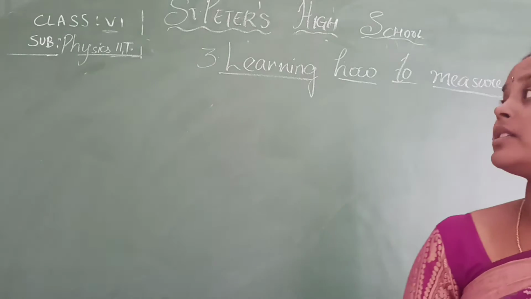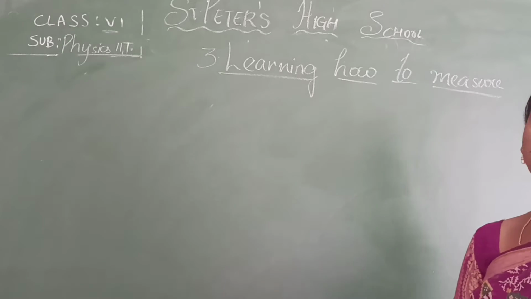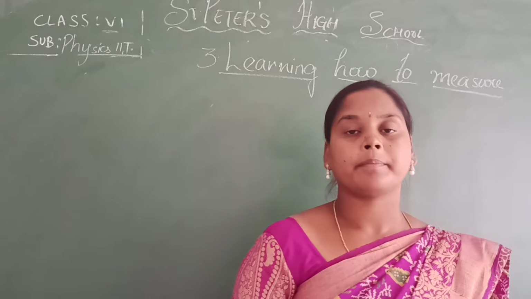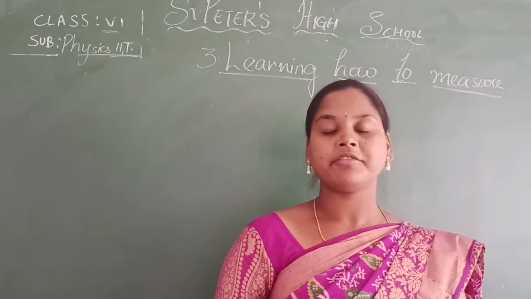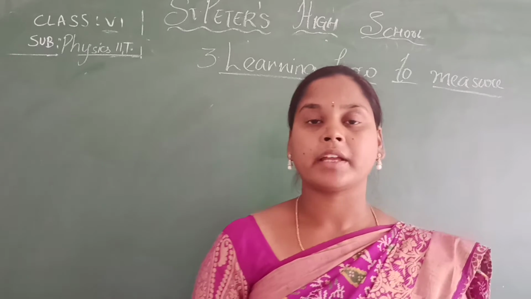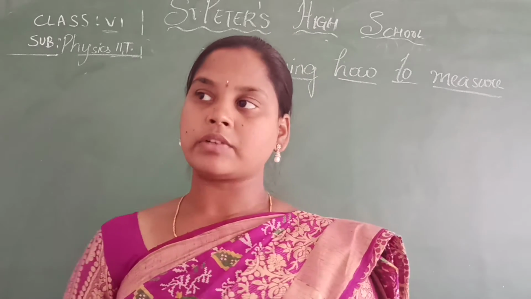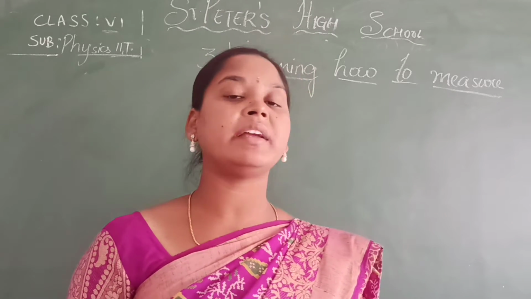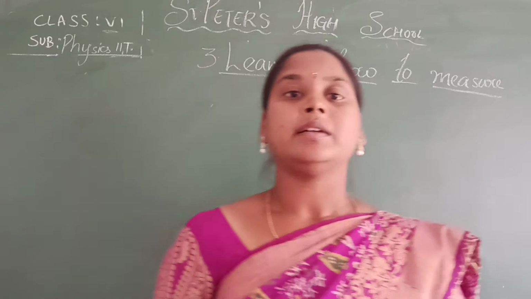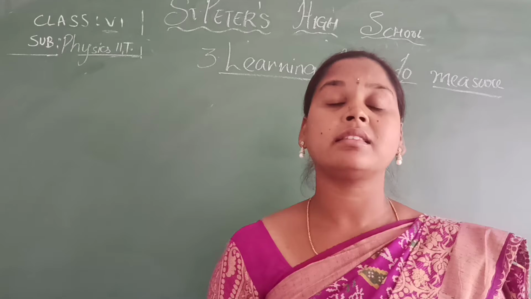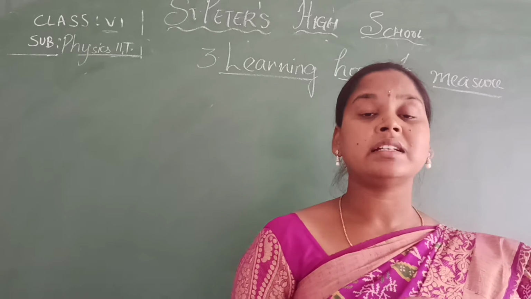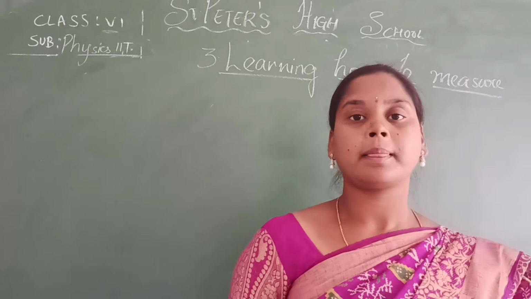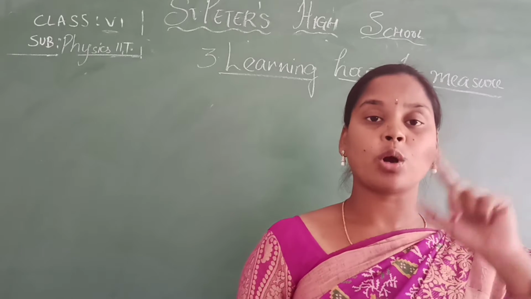In the previous class we discussed the topic of learning how to measure. We started it and defined what standard units, fundamental quantities and derived quantities are, and what a physical quantity is. A physical quantity is nothing but a measurement in physics. It has a unit as well as a magnitude. Magnitude is a number, and units define the number, either 5 kilometers, 5 kilograms, or 5 tons. Kilograms and tons are all called units.